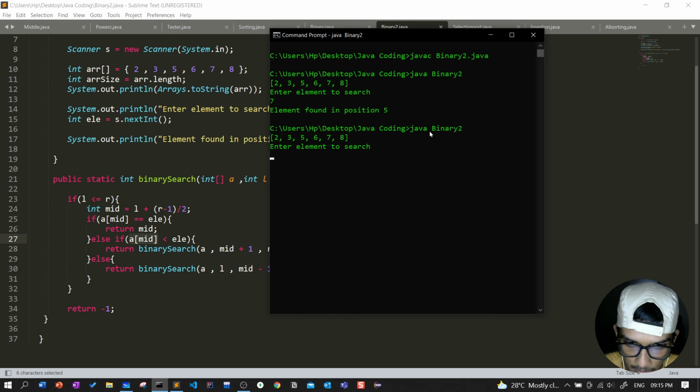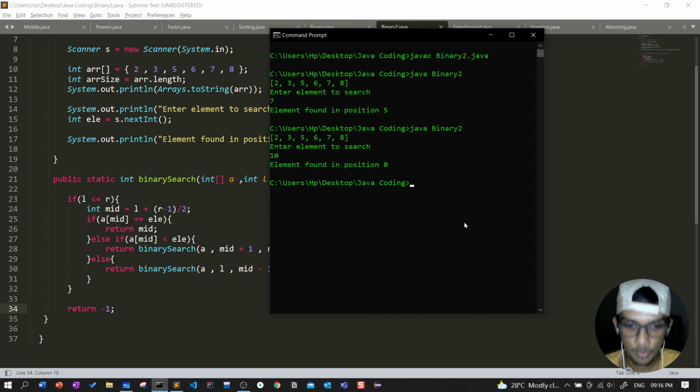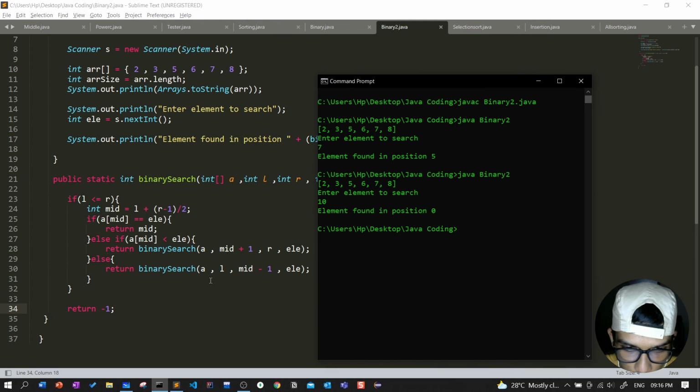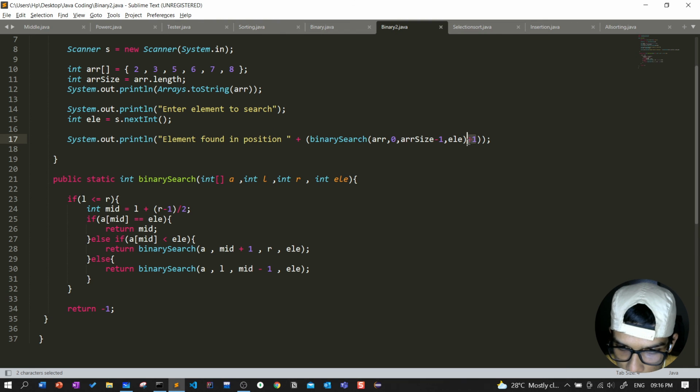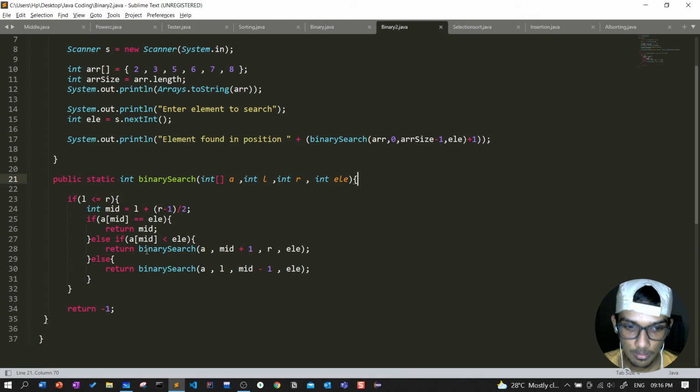So next I will be running it again. Now I will be checking for the element 10. I know that the element is not present in the array, so what the computer does is, it returns 0 or something else, a kind of thing like there is no element. So I am returning 0, because when returning -1, we would be calculating the +1. Because I need to return a position, so I am calculating the -1. So this is how binary search actually works.